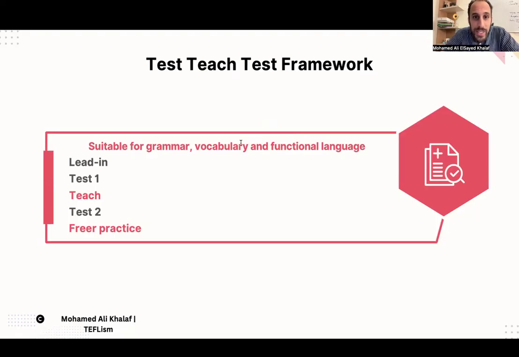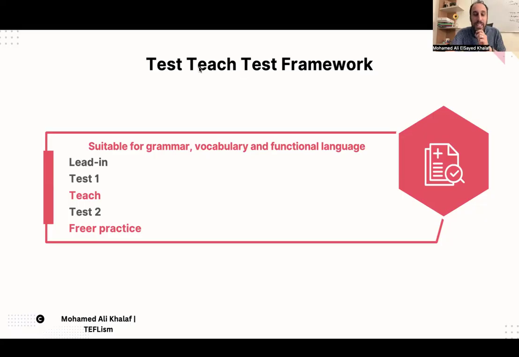Task-based presentation. We actually don't have a task-based presentation lesson for you on this course, but if you want to relate it to task-based, it's much closer to speaking lessons. Okay, closer to speaking lessons, and I will answer your question there.